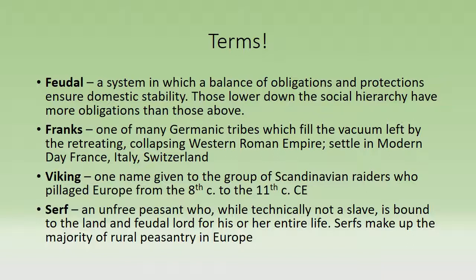So what do I mean? Well, essentially, those who are really low down the social ladder have a lot of obligations. For instance, serfs or peasants. They provide a lot of taxes, and they provide a lot of labor, and often they provide foot soldiers in armies. Well, they have a lot of obligations. There are some protections in place, for instance, feast days or days off or marriages and things like that are often somehow paid for, or at least the cost of them is defrayed, by those higher up, say lords